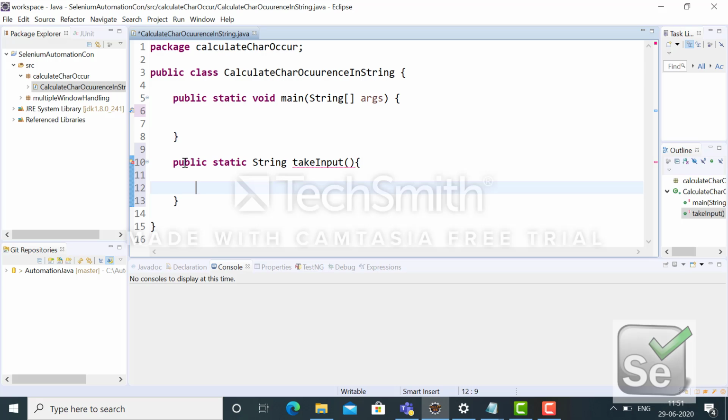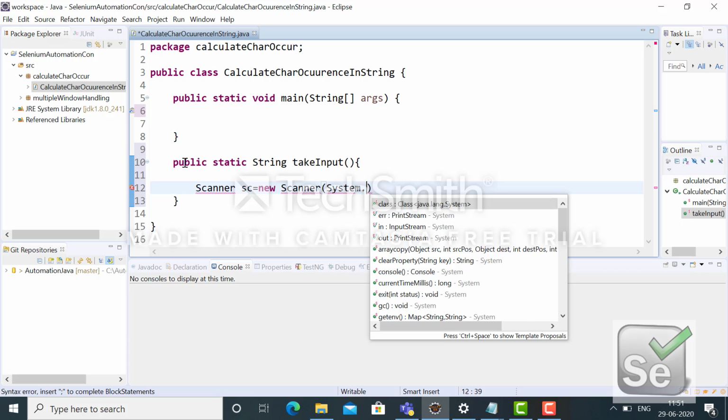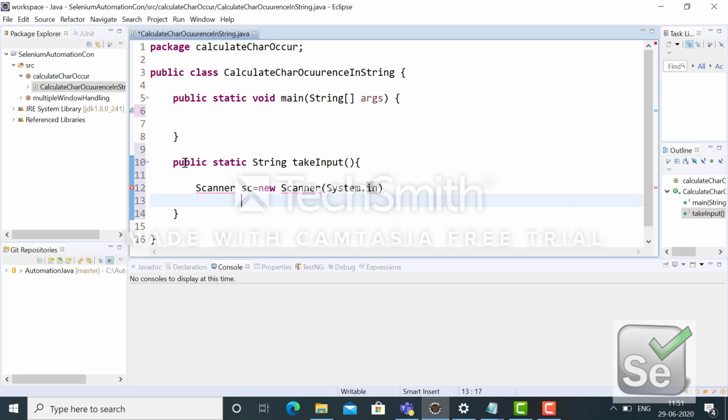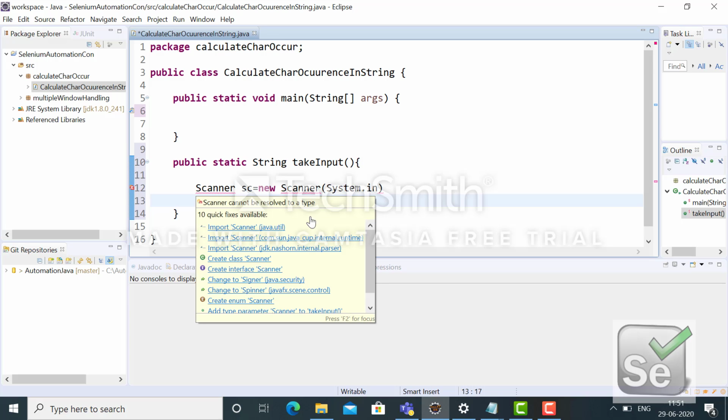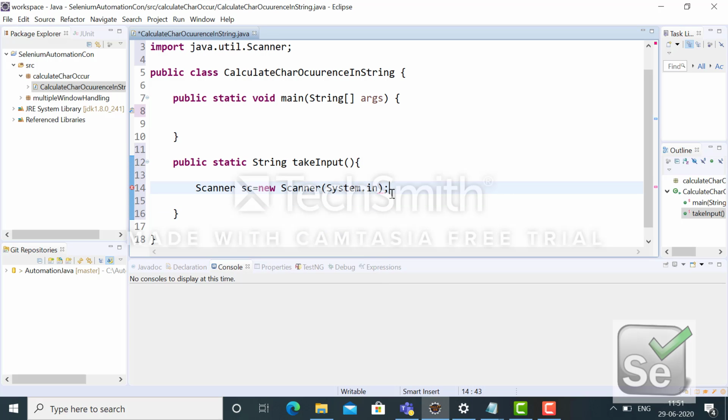Here I will take the Scanner class because I will take the input from the console, with the standard input System.in, and this Scanner class is in the java.util package, so I have to import that package.